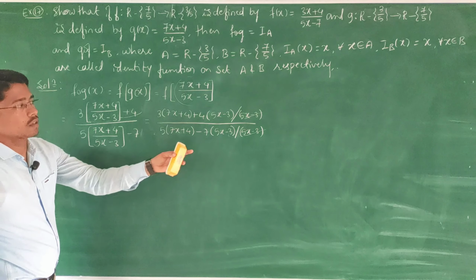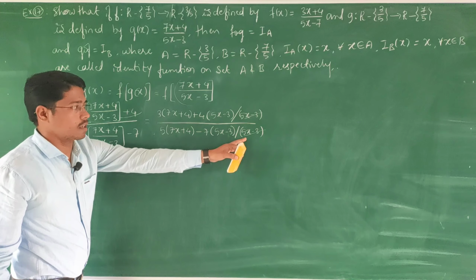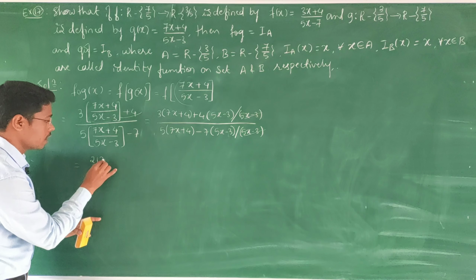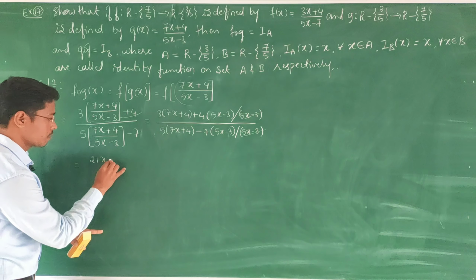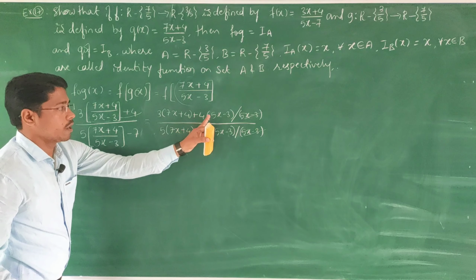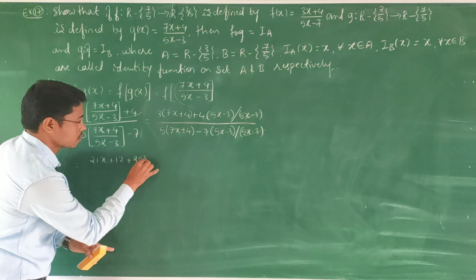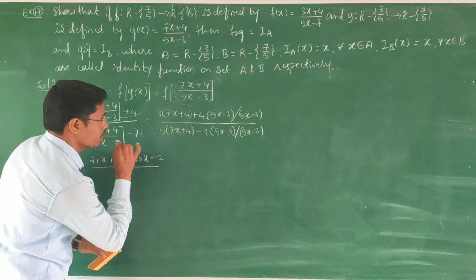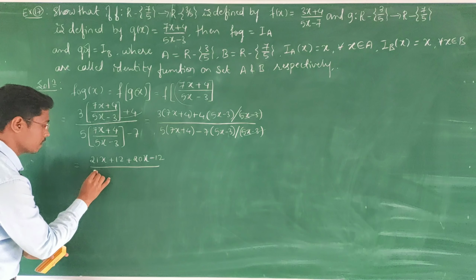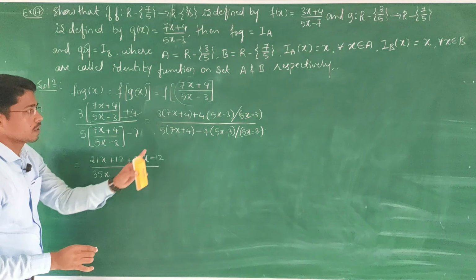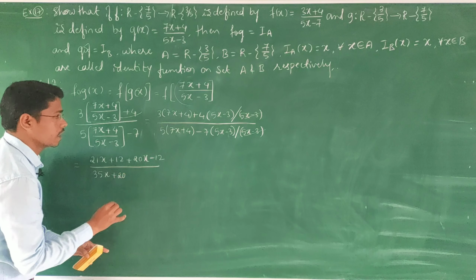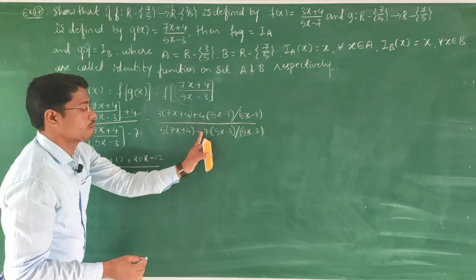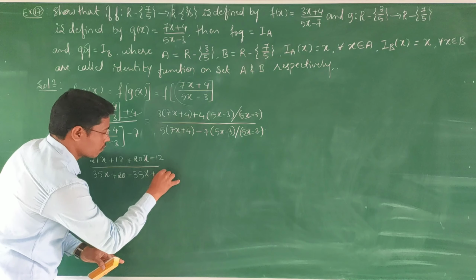So we have the same on the numerator and denominator, so we cancel both the terms now. 3 into 7 is 21x, 3 into 4 plus 12, 4 into 5 plus 20x, then 4 into minus 3 minus 12, whole divided by 5 into 7 is 35x, 5 into 4 plus 20, 7 into 5 minus 35x. So minus 7 into minus 3 plus 21.